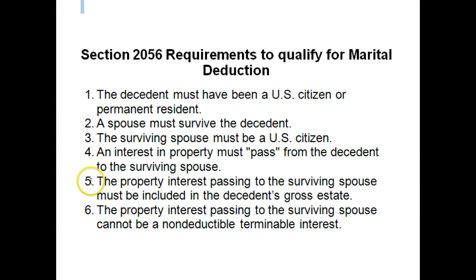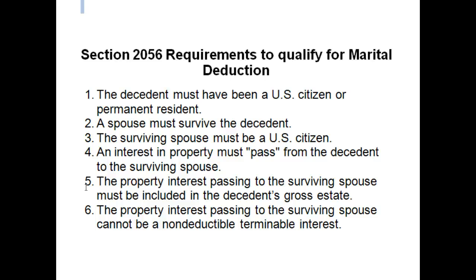With respect to condition 5, it reads, the property interests passing to the surviving spouse must be included in the decedent's estate. So think about this provision this way. Sometimes we have clients who are looking for a refund when there was nothing paid over to the government, assuming they didn't qualify for refundable credits. If they didn't have withholding or pay estimated taxes, there's nothing to refund. Well, this provision is similar in that there's no